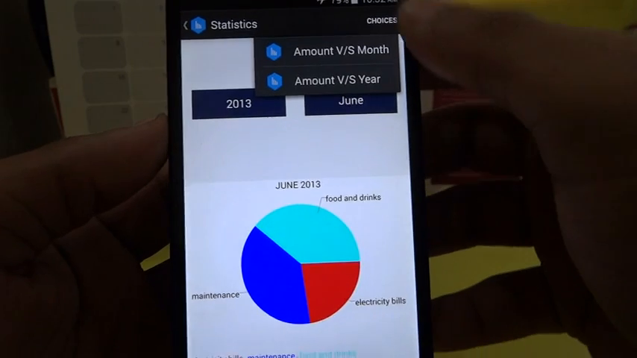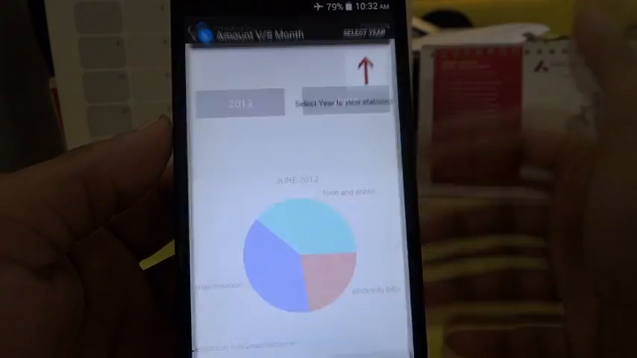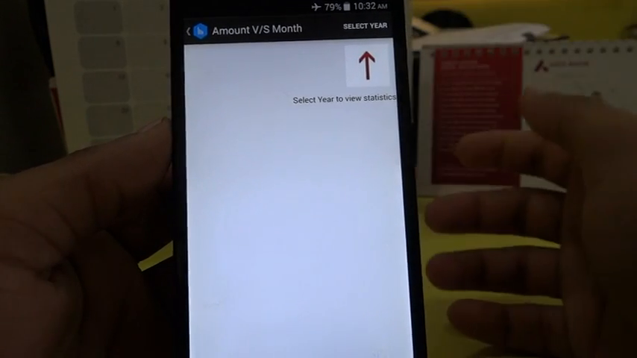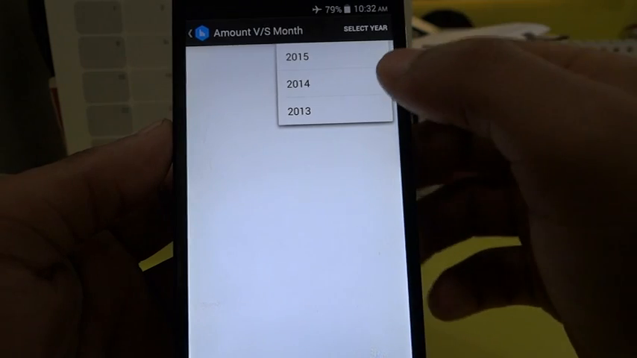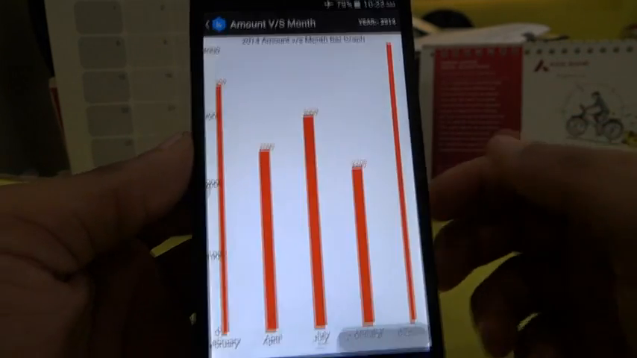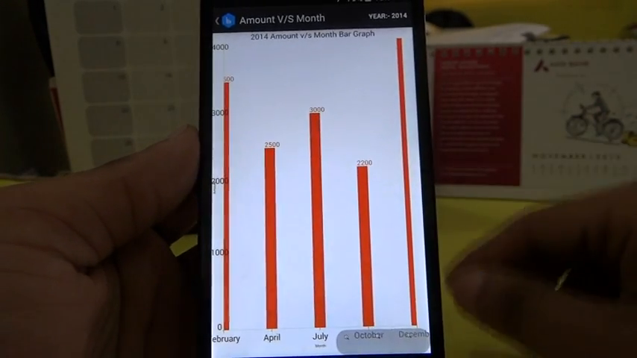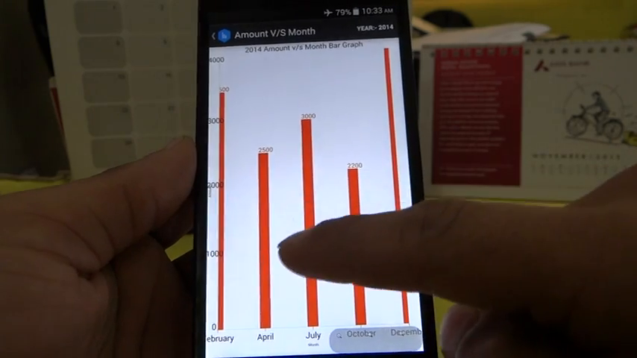There are two options: amount versus month, amount versus year. So click on amount versus month. For amount versus month, you have to first select the year. So we select 2014. You can see here a vertical bar chart appears, in which you can see February,